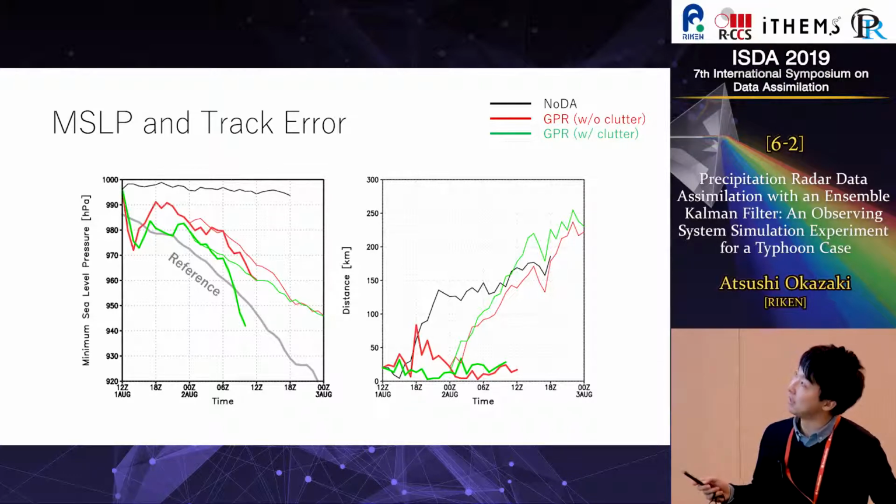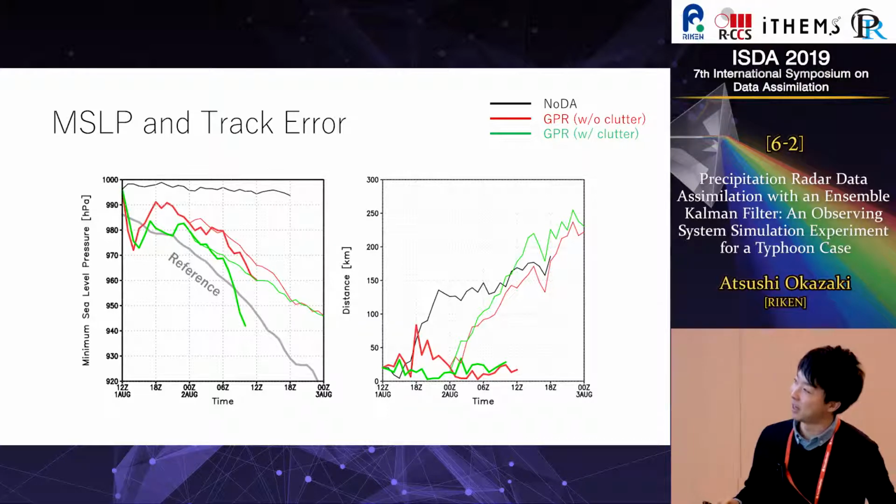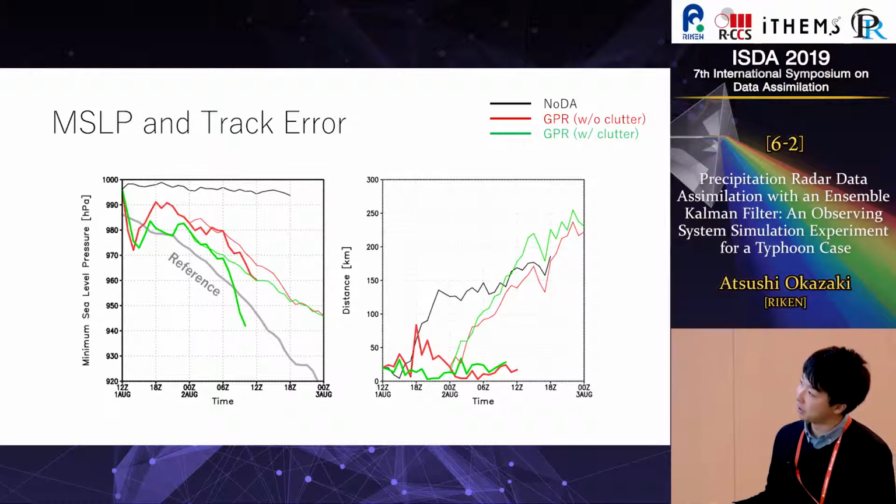So in the case of the red line, there is no ground clutter at all. When you see the right figure, in both cases the track and intensity are well analyzed and also forecast. By the way, the thick line shows the analysis and the thin line shows the forecast. So both experiments succeeded in simulating